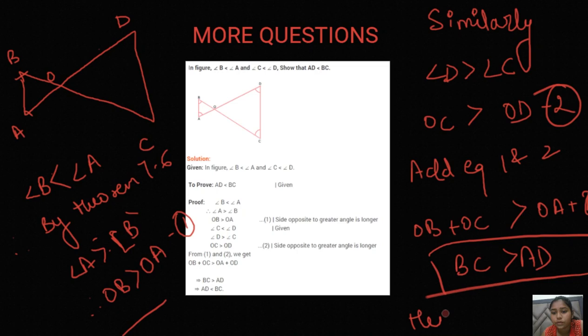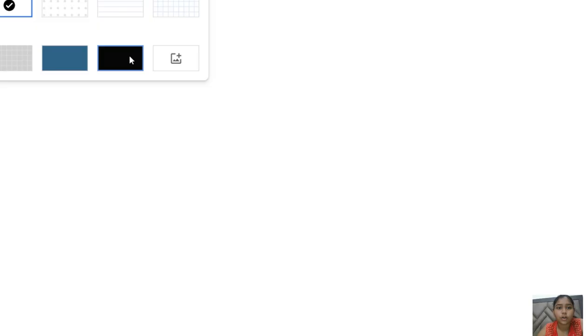This is the chapter number 7, triangles. Okay, so before moving forward, basically this is the end of the chapter. Before moving forward, I would like to explain all the theorems, not really explain. I would like to make a short note of the theorems for all of you, so that you people could know the theorems. Okay, so let's begin our theorems, right? So basically I'll write just for you people, so that you could remember what those particular theorems are.